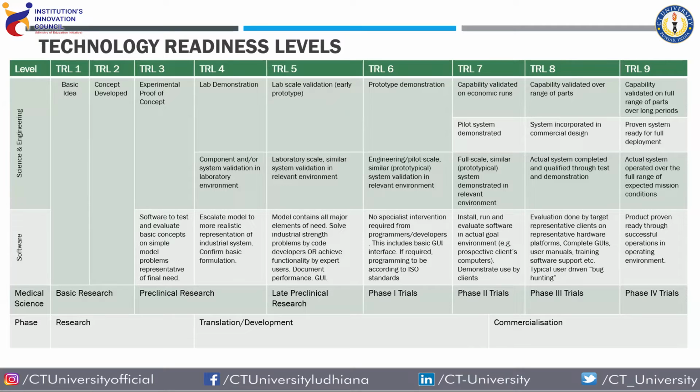So we have to validate. We have to think about other things now. How much is the manufacturing cost? Will it be useful? Will it be economical? And we have to do some pilot studies. We have to demonstrate it to people. So what are their suggestions on the design? So that all comes in the TRL level 7. We have filtered our design. We have created all the modifications as suggested by people, and then the product moves to the TRL level 8 part. Okay, so the capability is validated over a range of parts, and the system is almost incorporated in the commercial design. And at TRL level 9,